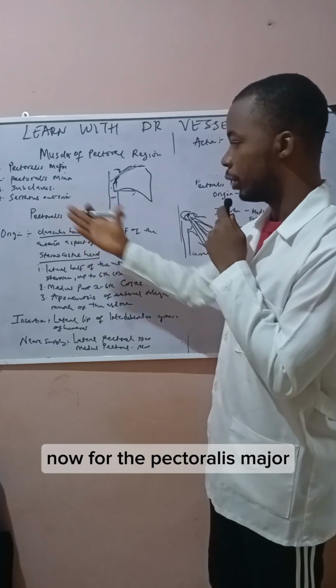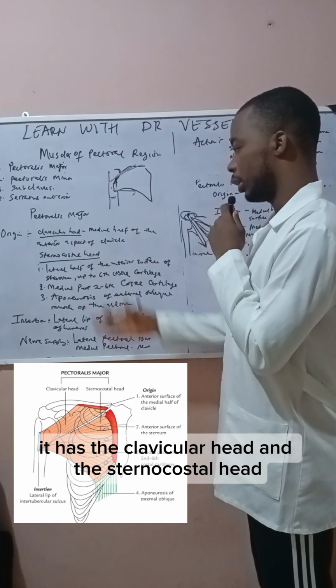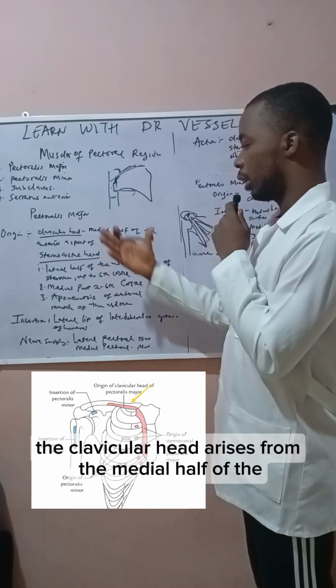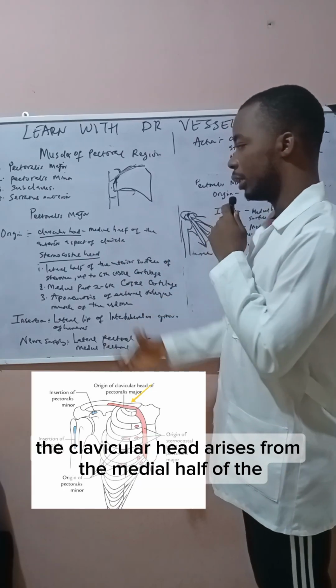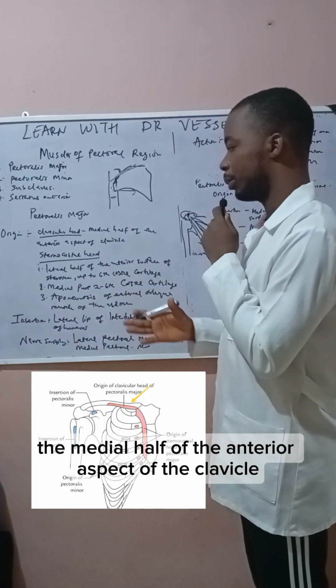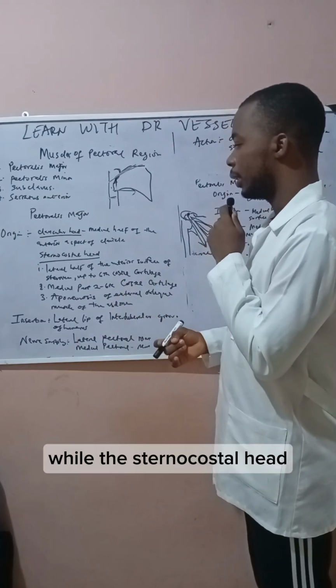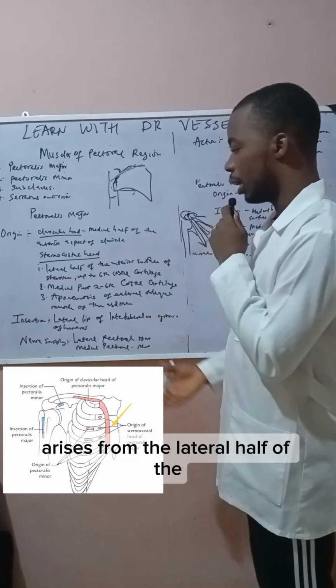Now for the pectoralis major, it has two heads. It has the clavicular head and the sternocostal head. The clavicular head arises from the medial half of the anterior aspect of the clavicle, while the sternocostal head arises from the lateral half of